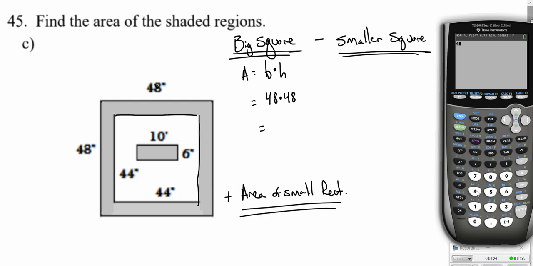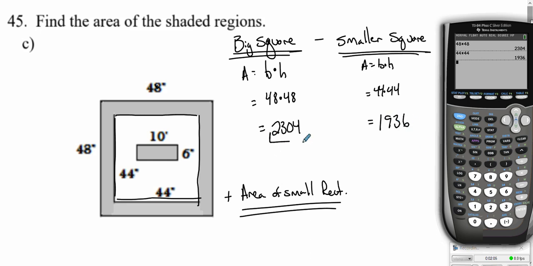And let's go ahead and do that. 48 times 48. I could have done 48 squared. 2,304. So we get 2,304 is the big square. The smaller square is 44 by 44. Same formula, base times height. So we're going to do 44 times 44. We get 1,936